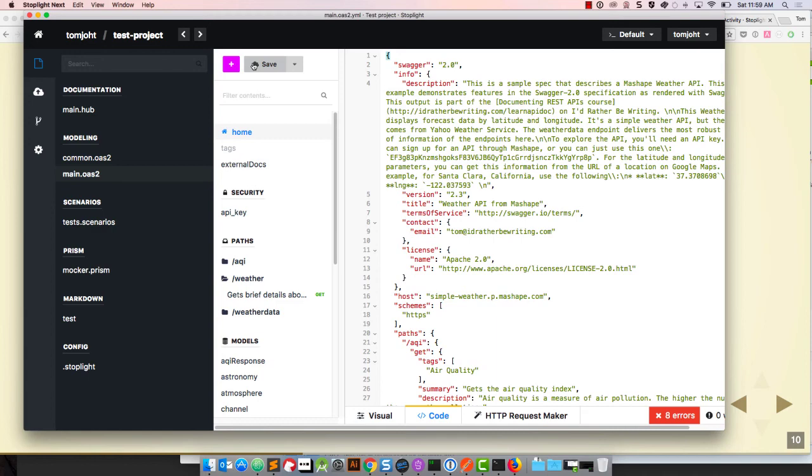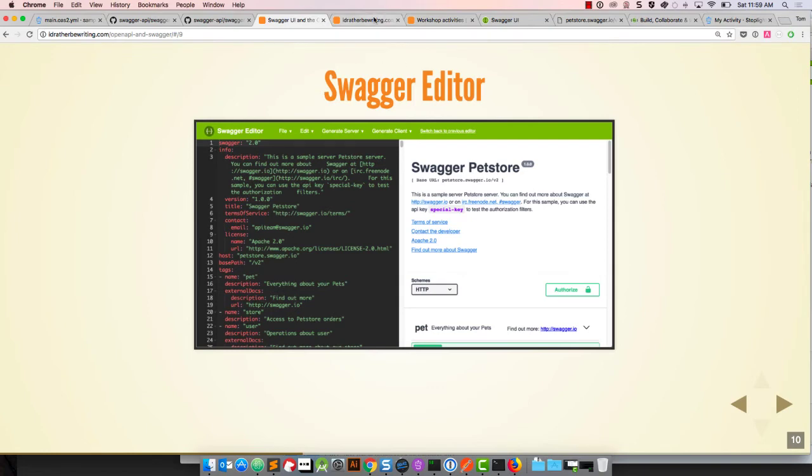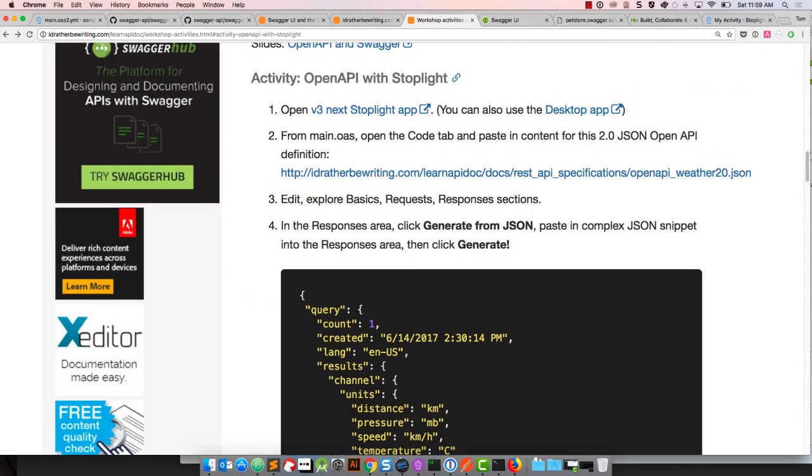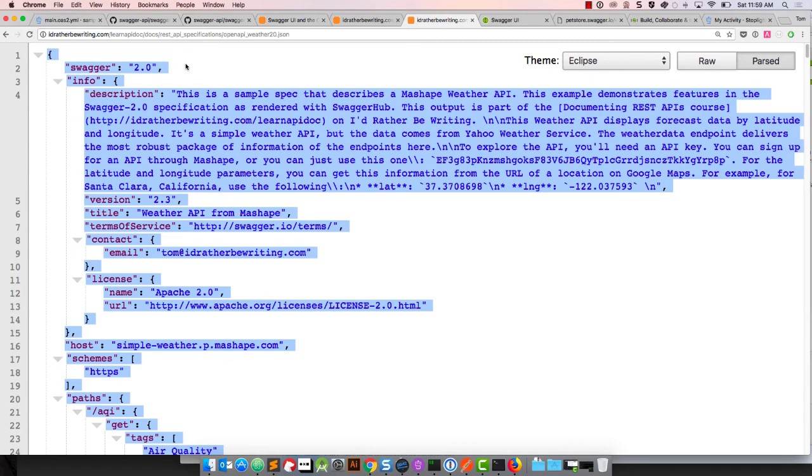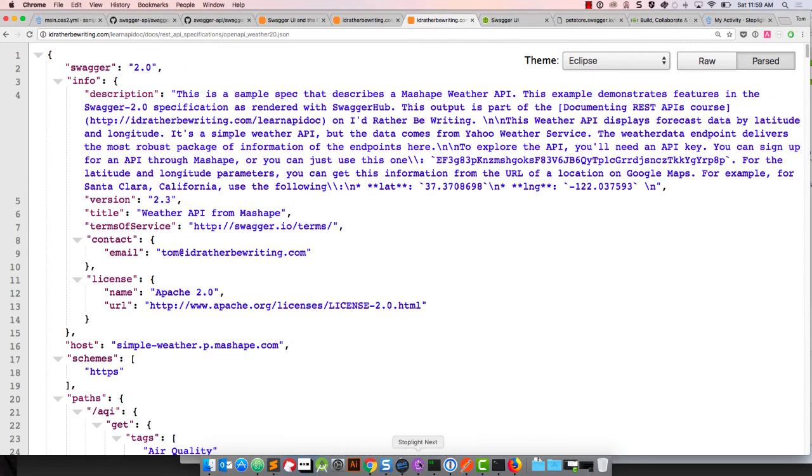I'm looking for Swagger 2.0 on your activity. Swagger UI. It should be right under activity Open API with Stoplight. Search for the word Stoplight on there. Yeah, I have the open with Stoplight. And then step number 2 has a link to a big long link to a file that ends in .json. It's a Weather 2.0. Yeah, so you click that. Well, up at the top it says Swagger 2.0. So copy that. Copy the entire file, or the link. Or copy the code at this page, like Control-A, Control-C. Yeah. And then back in Stoplight,